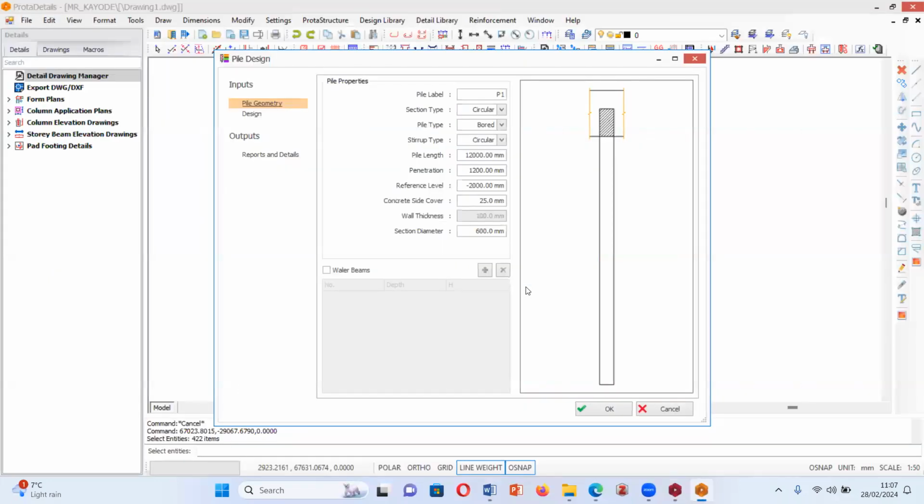Remember that I'm not doing the pile design in Prota Structure. I'm doing it in Prota Details, not in Prota Structures. Okay, so pile geometry, this is what we have. Whatever you want to label your pile, let me say I'm labeling it as A1. Obviously, everybody likes to have A1. The type of your section is what you're going to enter here. Is it a circular section you're considering or a rectangular section? Then your pile type, is it going to be bored? Then your stirrups, do you want them to be spiral or circular? Then your pile length,